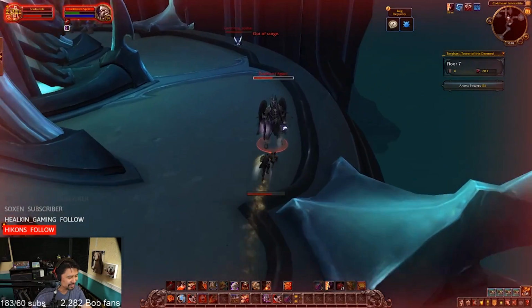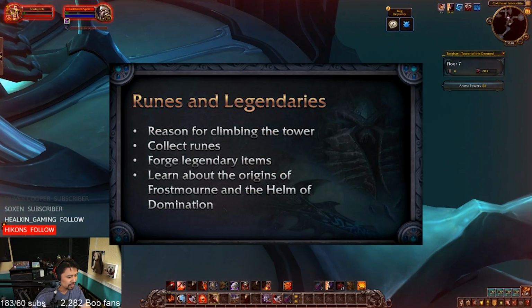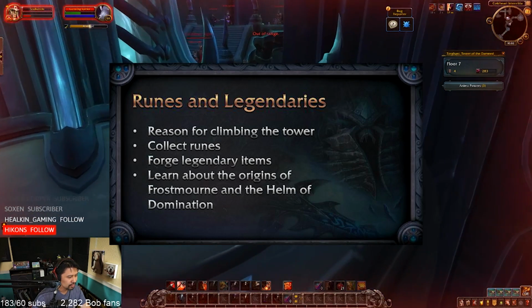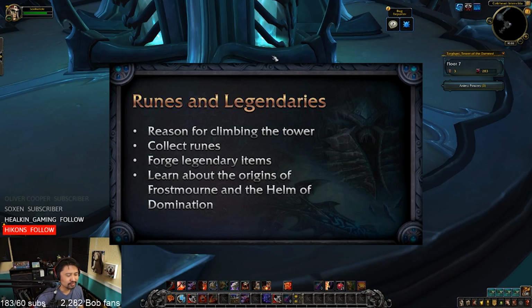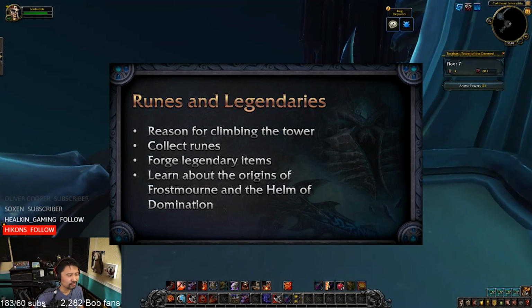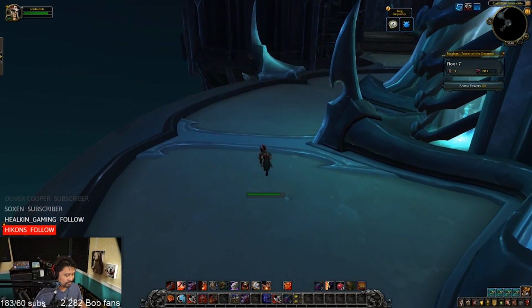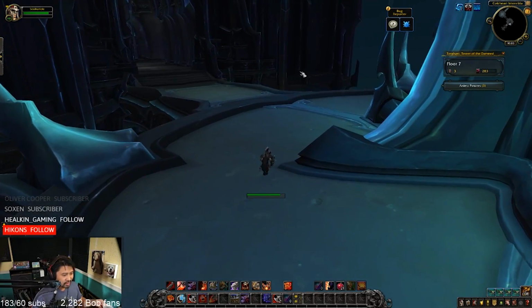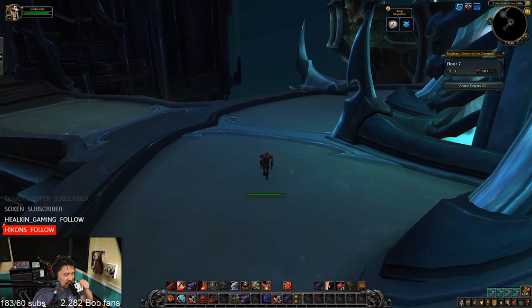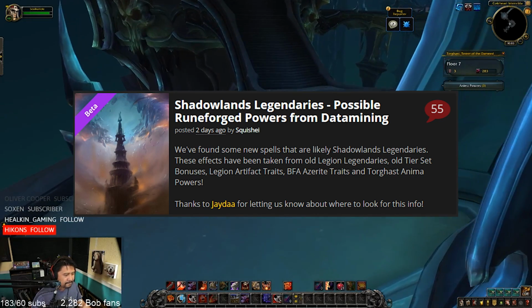So, quick recap. Back when Shadowlands was announced, we learned that we could craft and customize our own legendary gear and attach to them special powers. Some of these powers are throwbacks from WoW's past, like old legendary effects, artifact traits, Azerite gear, or set bonuses. A handful of these powers are going to be new, but can also be used temporarily in Torghast, the upcoming Endless Dungeon. The good folks at WoWhead had posted an article detailing what's been found so far, and beware,